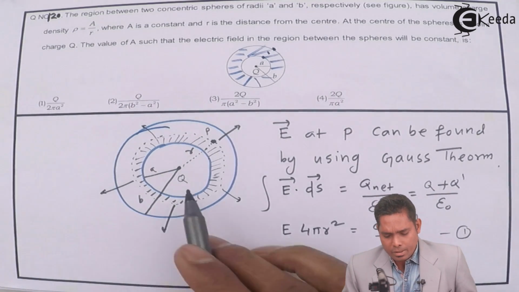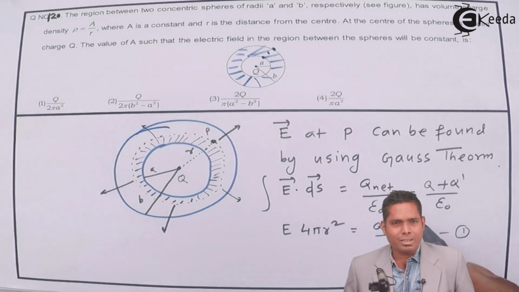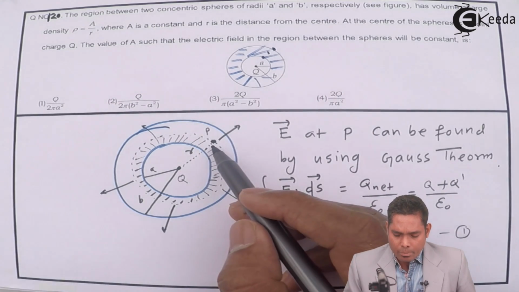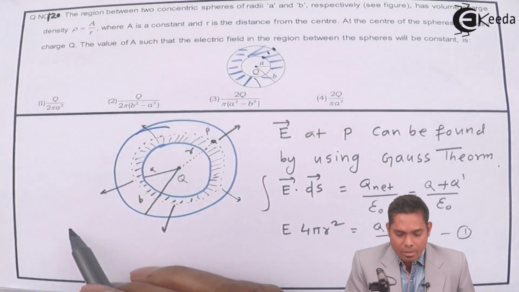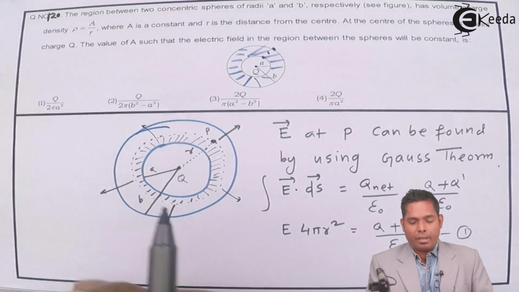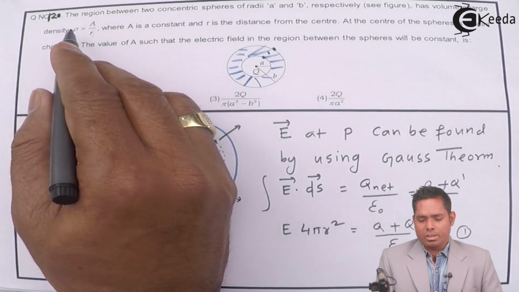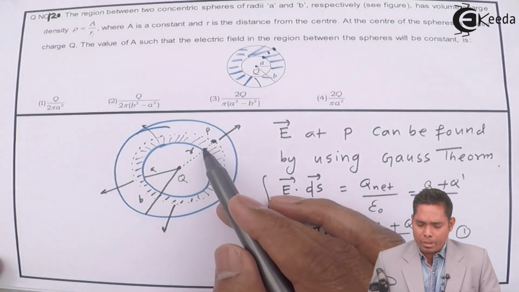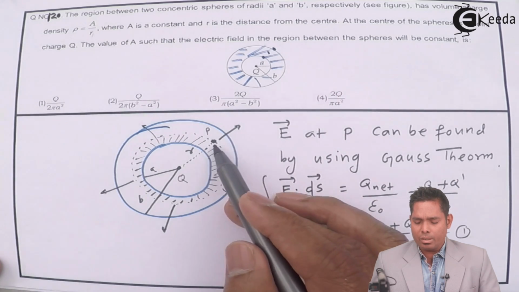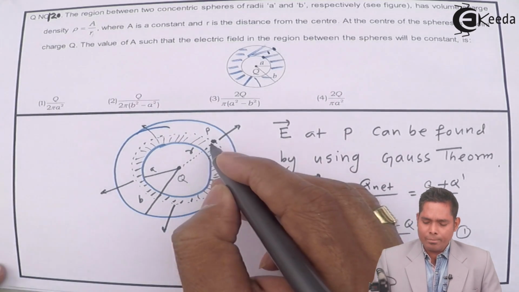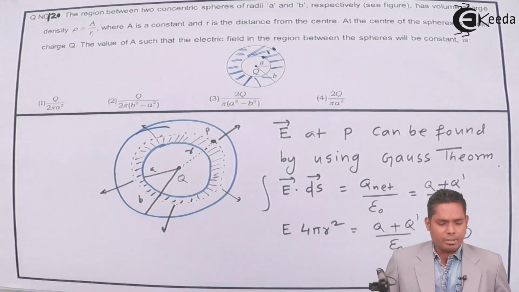Now Q charge is present, that is okay, but how much the Q dash charge is, that we have to find. To find Q dash, because this is a volume charge density, rho is A by r. That means as r increases, this will decrease. So as we move from here to here, the density of charge will decrease. So it's a variable charge density. How do we find how much charge is enclosed within this? First of all, we have to consider